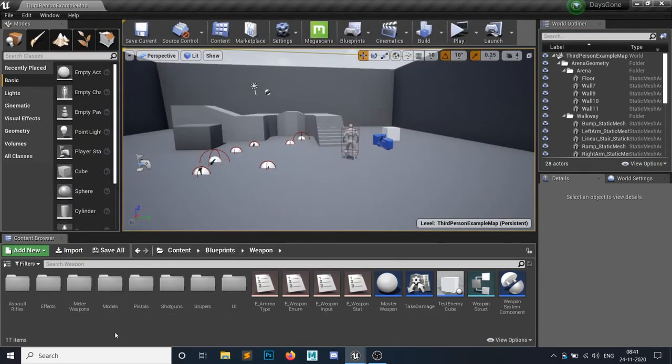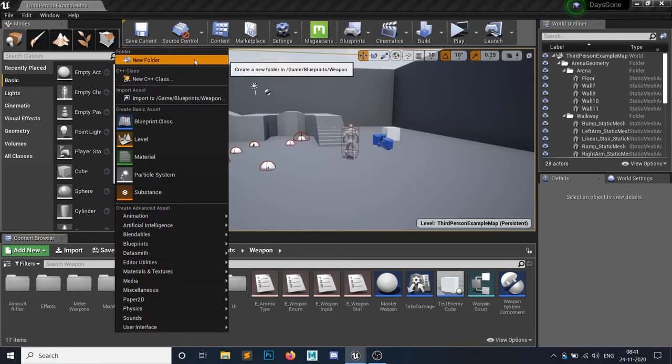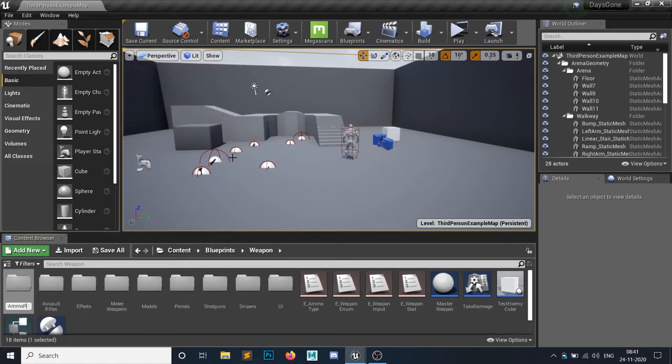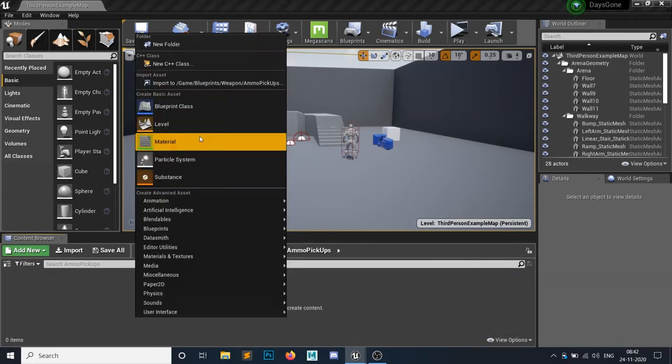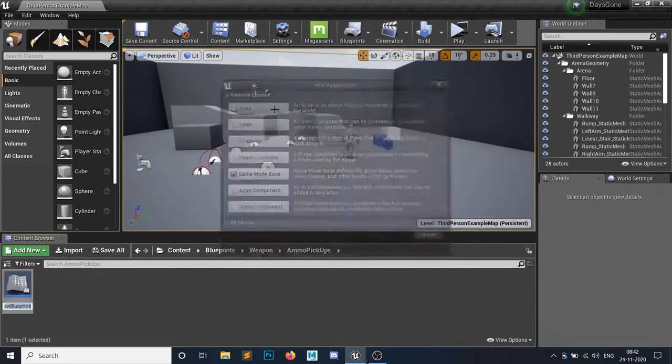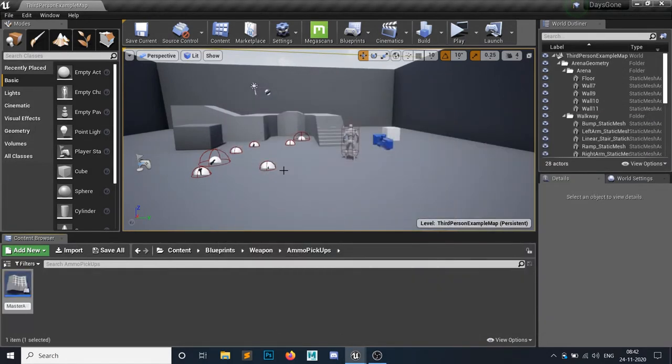So let's do that. I will create a new function called ammo pickups. In this I need a blueprint class of an actor. Call it a master ammo pickup.